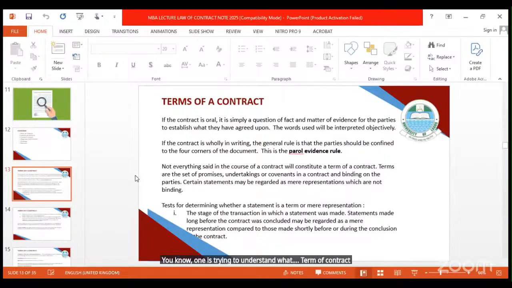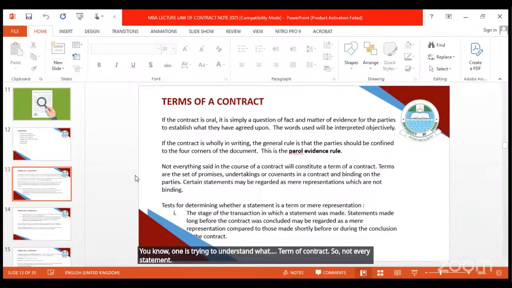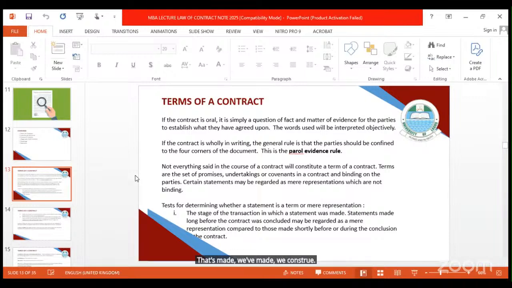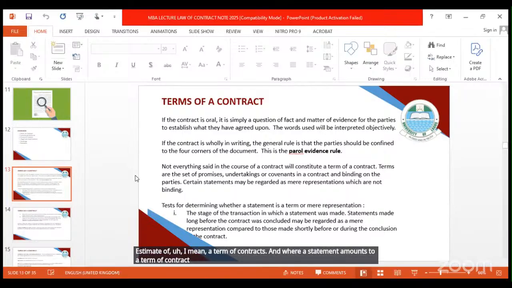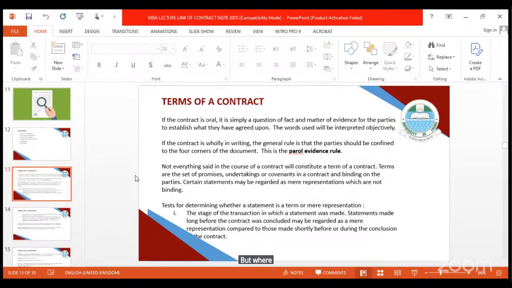Not every statement that's made is construed as a term of contract. Where a statement amounts to a term of contract, it is binding. But where that statement is just a mere representation, it doesn't amount to a term of contract, then of course